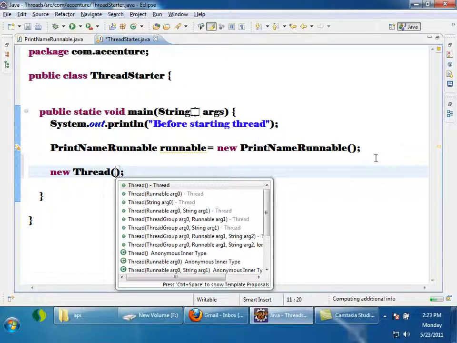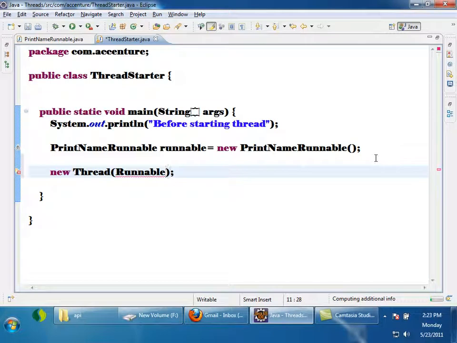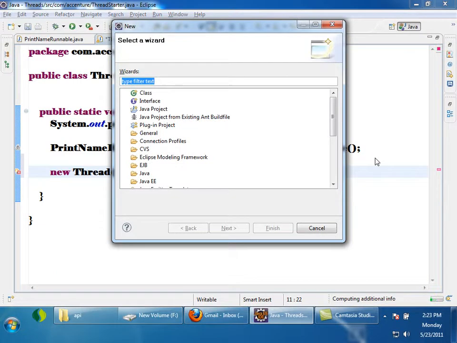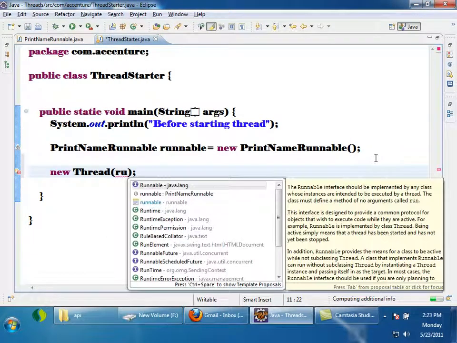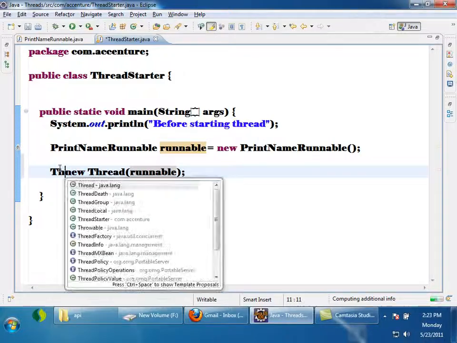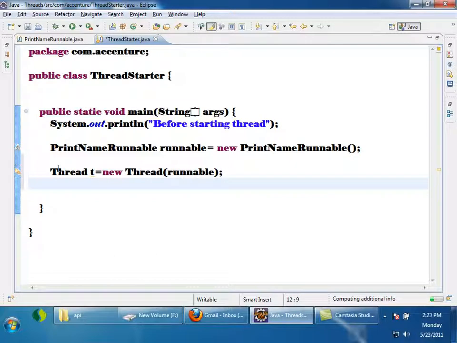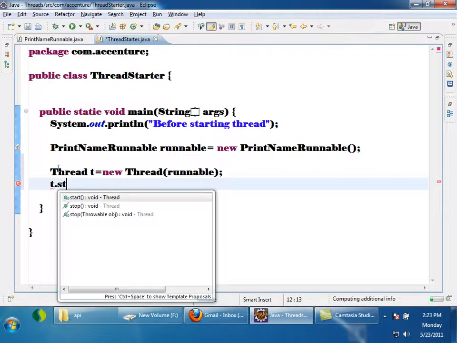So I will pass runnable, sorry, the smaller. Thread t is equals to new thread, then t dot start.